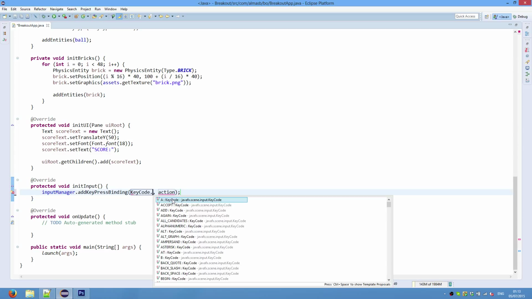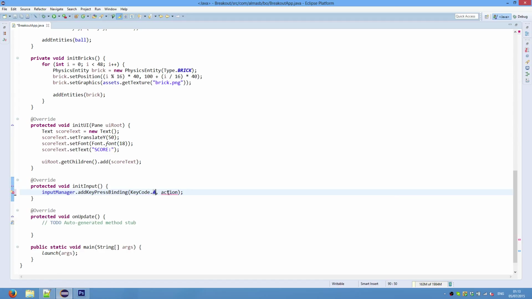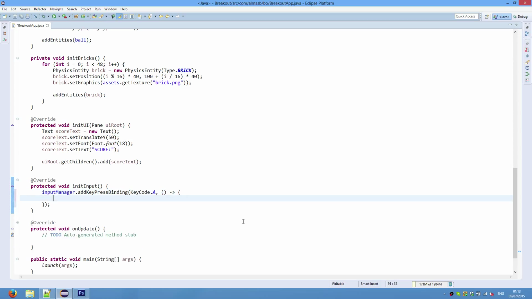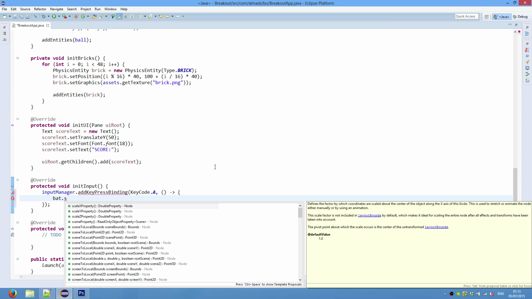This is the key code. The code from a keyboard, basically A. So A will move to the left. This is the runnable action, the code that runs during key press. Which is bad. Oh yeah, you cannot call set translate or translate related methods on physics entities. They will just do nothing. So you will need to call